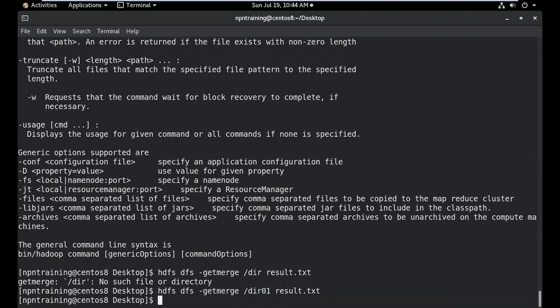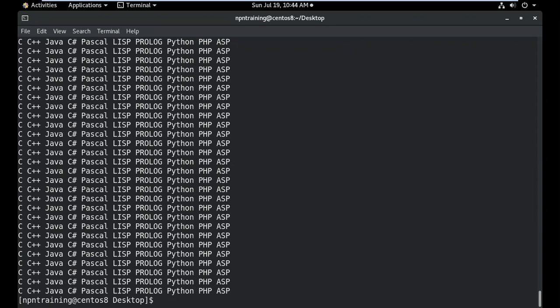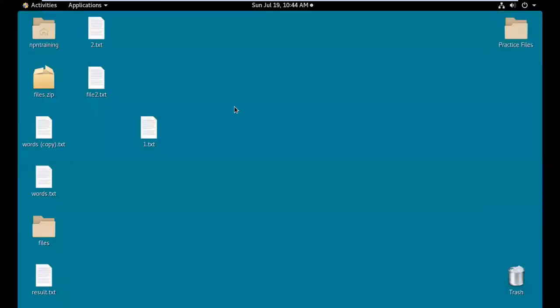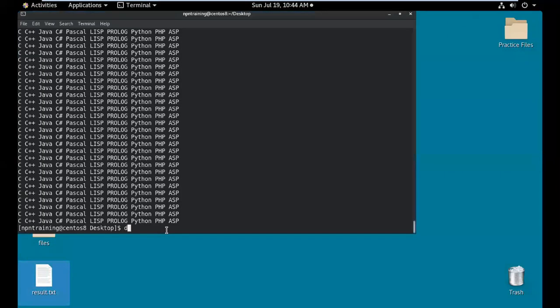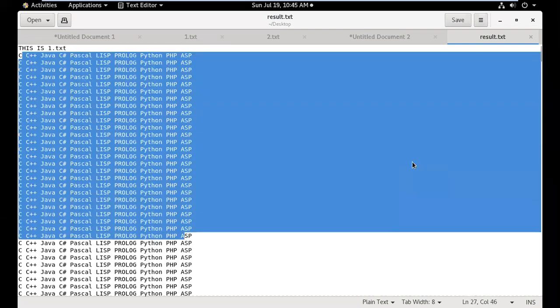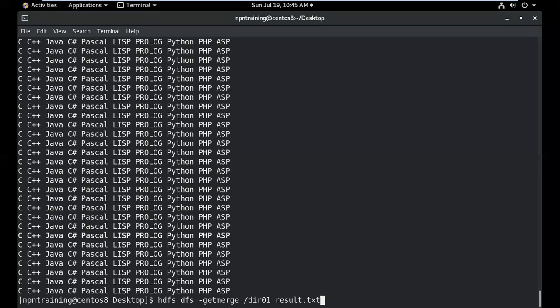So now when I view this, cat result.txt, you'll be able to see the complete content. And obviously the first file, let me open it like this. So can you see this? This is the first file content and this is the second file content. So you can use these tools for performing various operations like appending to a file or merging files, things like that. Right?